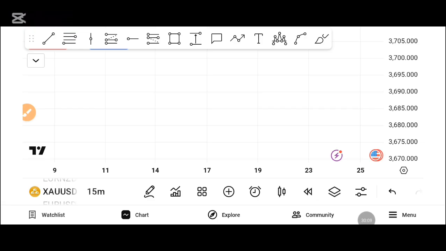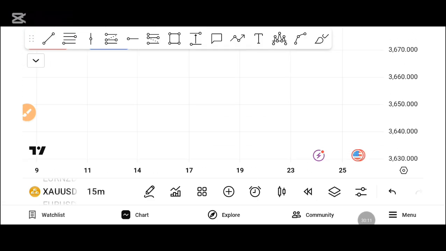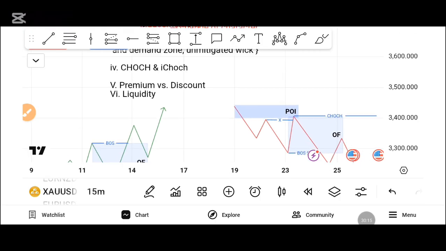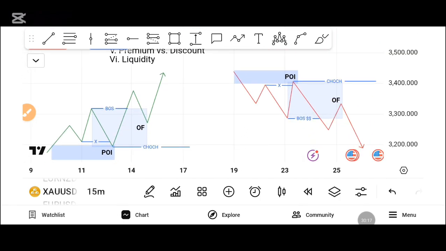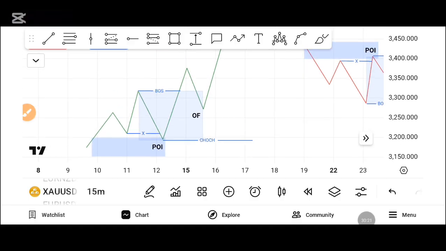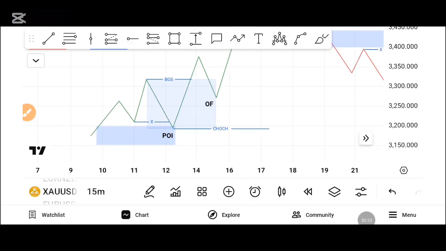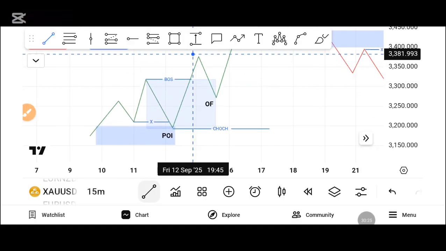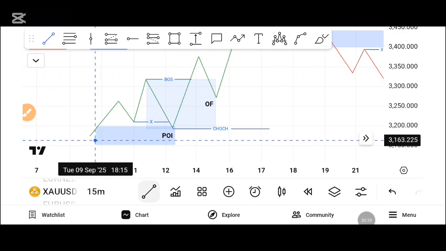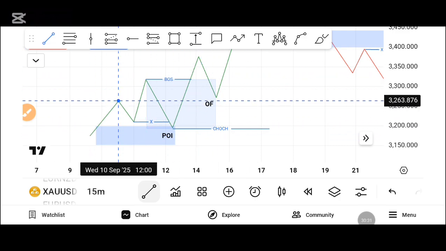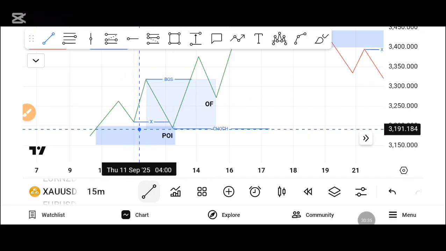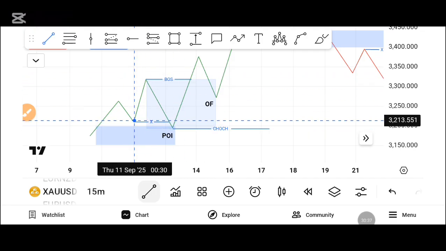Alright, so I drew a structure. Where are my structures, guys? Okay, so this is the structure here. I told you on the first structure I drew that whenever price is giving us a higher high, higher low, higher high, price must not break these points. Alright, but in this section of this particular course,